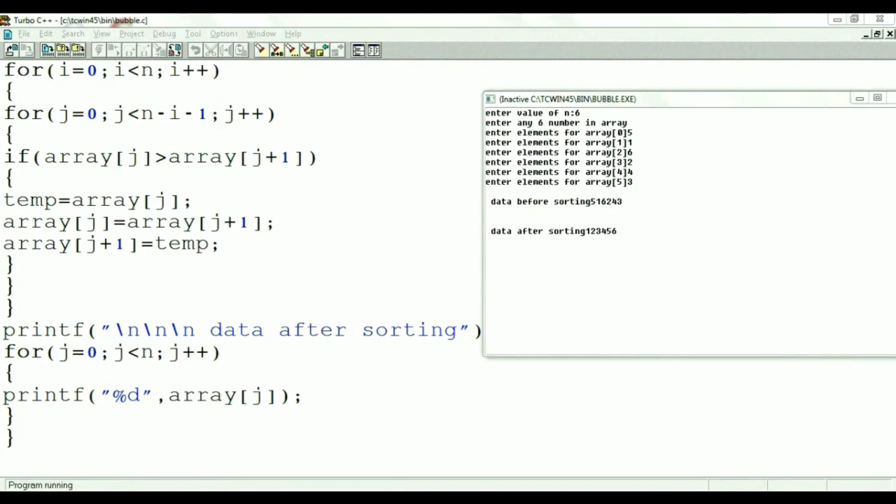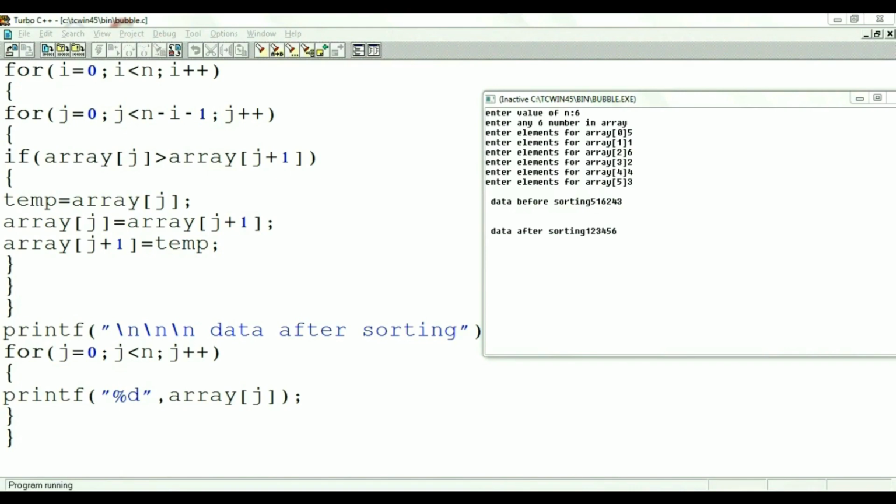After printing the elements, that is, data before sorting as 5, 1, 6, 2, 4, 3. Now comes the main logic for bubble sort. As we have taken two for loops, that is i and j. Let us analyze it. At i equal to 0, i less than 6 as n equal to 6.